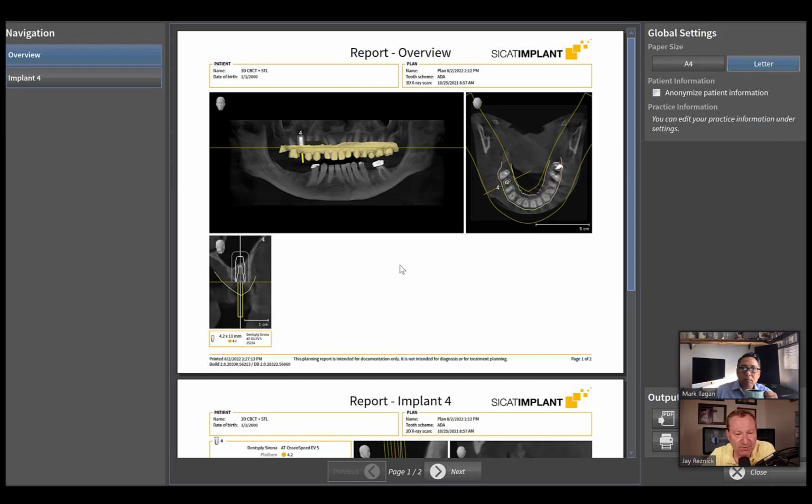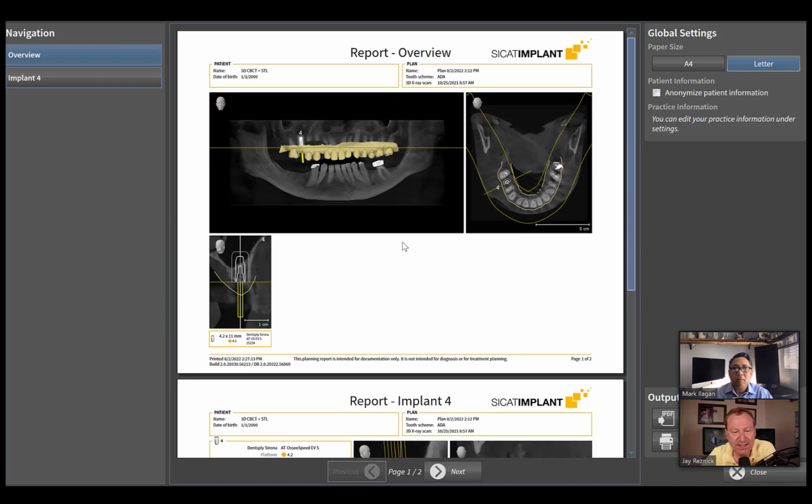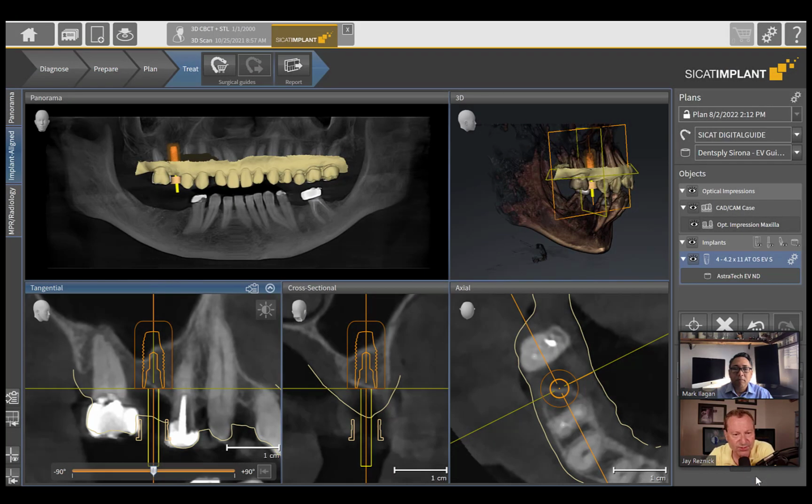So I'll print this out, and this shows an overview. If you're doing multiple implants, let's say implants at 4, 5, and 6, you'd see 3 cross-sectional images, and then you'd have an individual page for each implant. The other thing I'll do is look at this and just verify that everything looks normal. I don't see any funky angles, nothing looks out of the ordinary. So this implant placement looks good. I'll go ahead and print this out for my surgical staff. Okay, close that. Now, the way that we order the surgical guide is